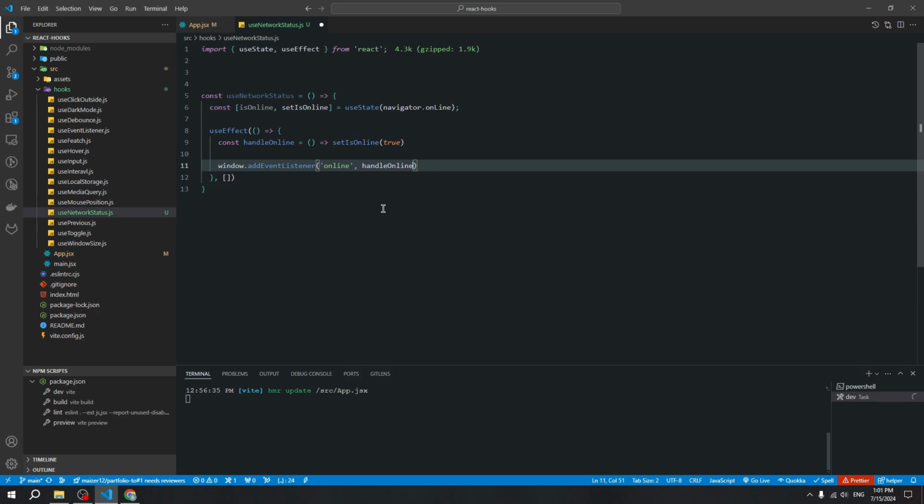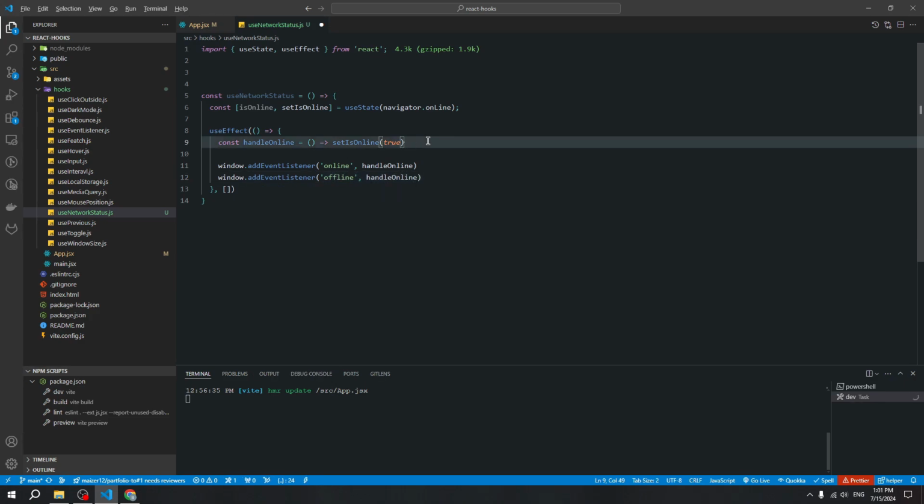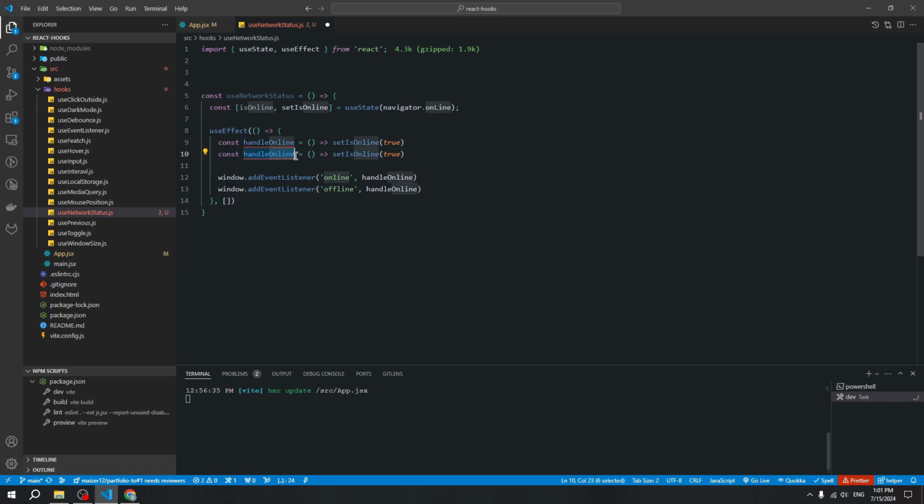Okay, and now we need to do the same for our offline event. We can duplicate this code, but change the event. We need the listener offline and duplicate this function, but now we need to write handleOffline. And if our user is offline, we need to switch our state to false, and also add this